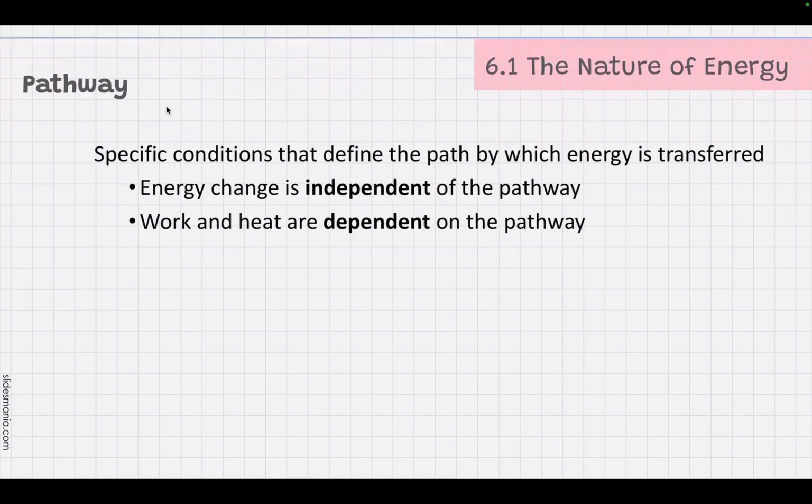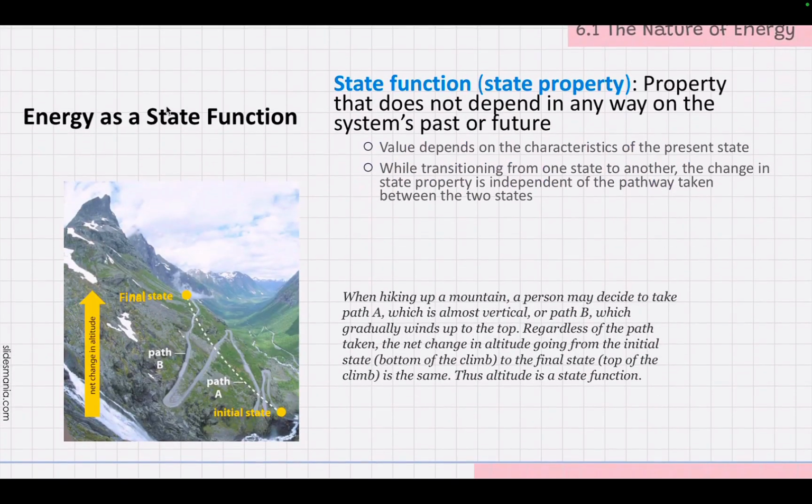What does that mean? What I'm really getting at are what we call state functions, and these are properties that don't depend on any of the in-between, really. They depend on the start and the end. So an analogy would be if you were hiking up a mountain, it doesn't matter what route you take. It's where you started and then the elevation that you ended, and that would be the amount of elevation.